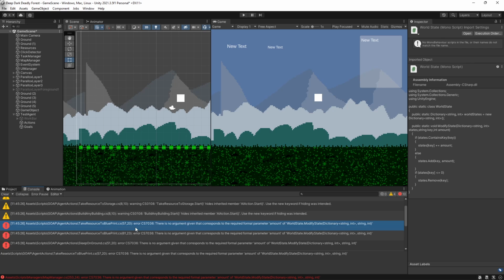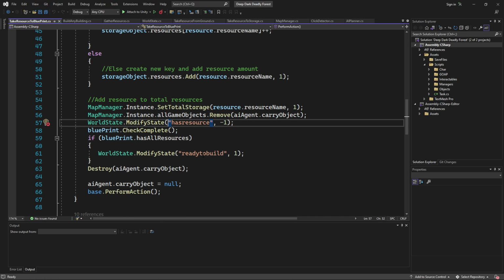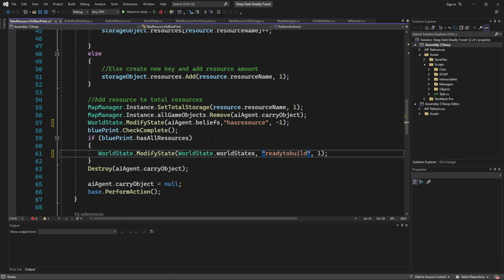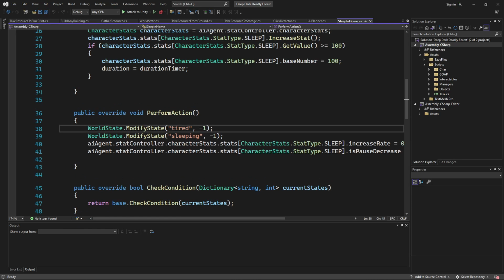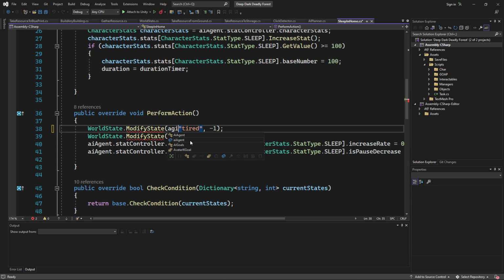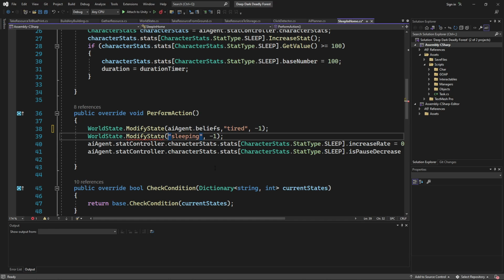And okay, we got a lot. This is going to be the AI agent dot beliefs. This will be the world state. Save those. Okay, this is going to be the agent. And the reason why I want to do this is so that the agents have this belief, and then I can hopefully start having more than just one agent in the scene.